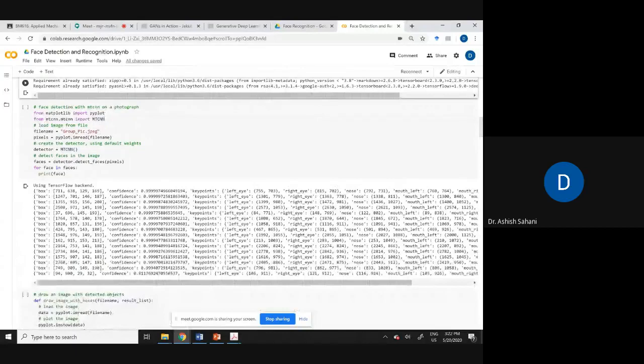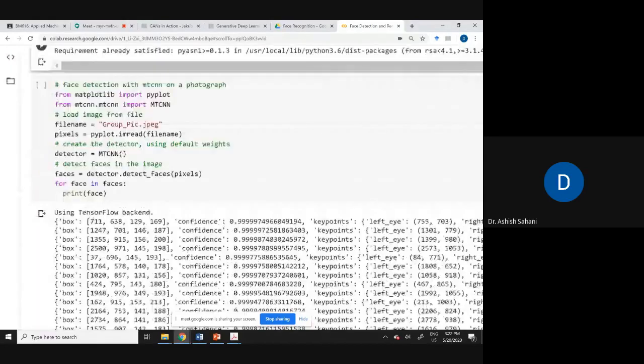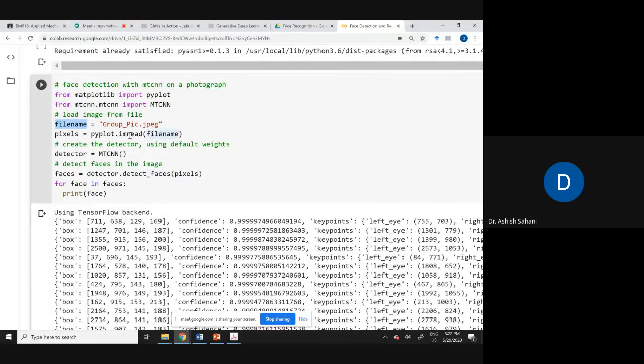I just loaded grouppic.jpg, and then I created this detector equal to MTCNN, and I called detector.detect_faces, in which I passed the pixels, which is basically the image which was read by pyplot.imread.